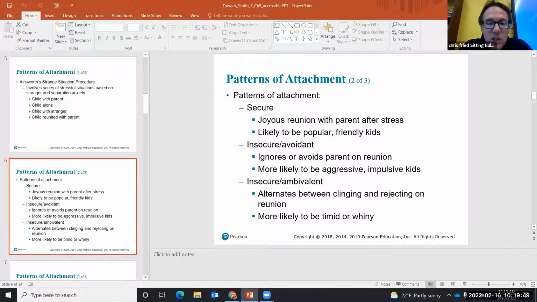We also then have that insecure or ambivalent attachment. So this child will typically alternate between being very clingy, the secure component, and rejecting, the insecure avoidant attachment, on the reunion. This might have to do with temperament. The child is more likely shy or whiny. So things can be volatile, is not the right word, but they can be different each time